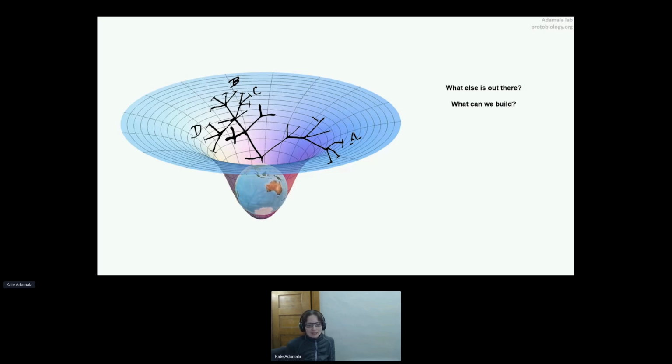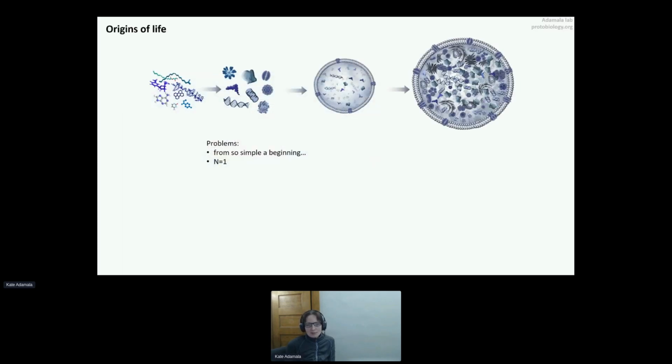Right now, when you look at life on Earth, you only see one instance of life. You only see what's possible as a result of this one particular lineage of evolution. And so we're asking, what's the crazy stuff out there? What can we build? The biggest problem with studying life in general is that we only have this n equals 1. We only have one known life form right now. And we also know that it had to start simple. It had to start from simple, prebiotically plausible chemicals that arranged themselves spontaneously into something more and more complex until it started resembling a living organism.